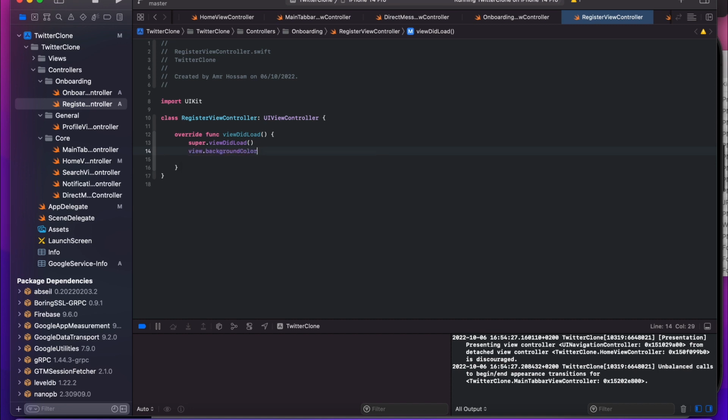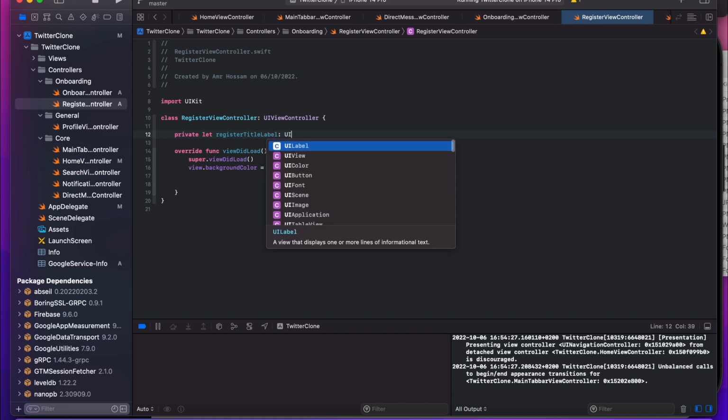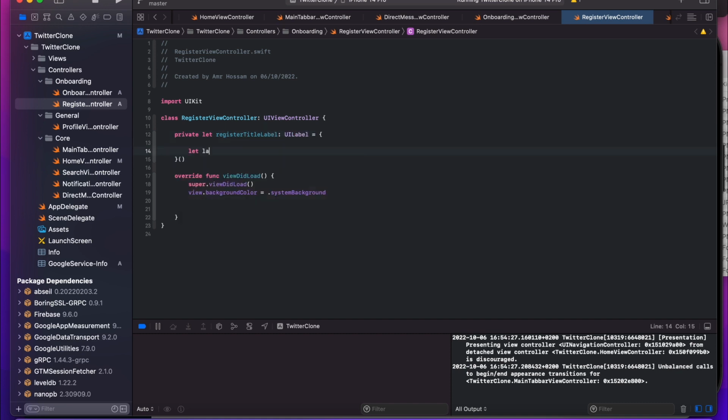Okay, view the background color, and that is going to be a system background so that it works with both light mode and dark mode. We've said that so many times during this course already. Alright, so let's just start by coding this screen as well. So first of all, I'm just going to say private let register title label, okay, UILabel, and this label is going to be initialized like the following. So UILabel